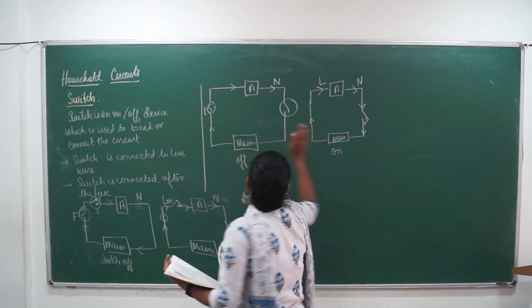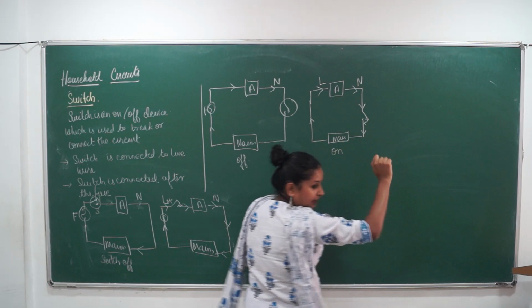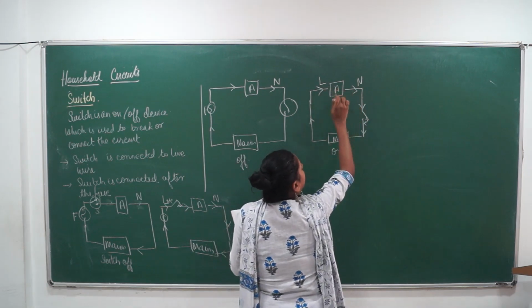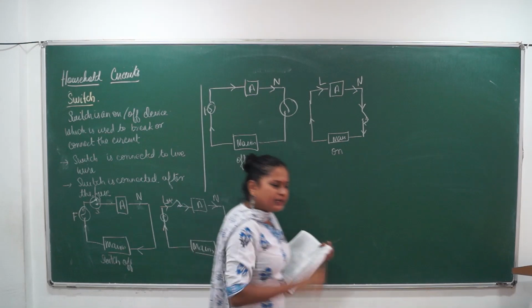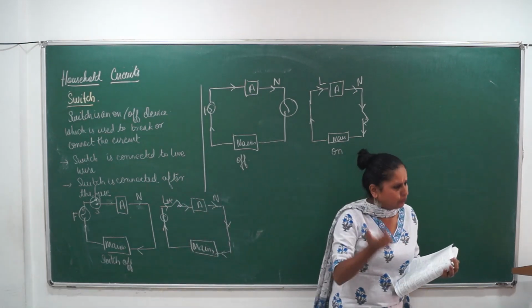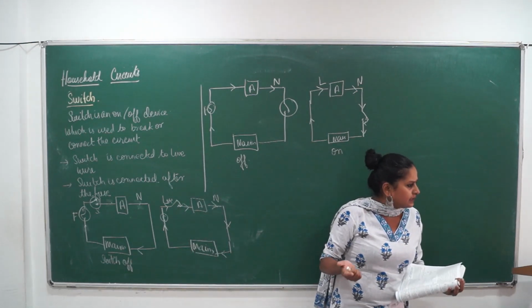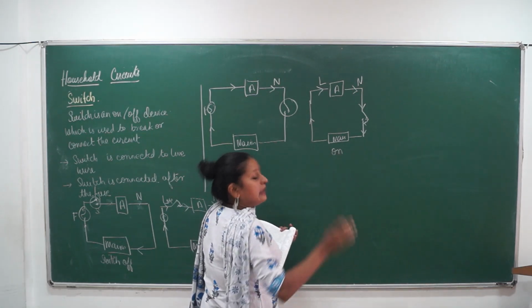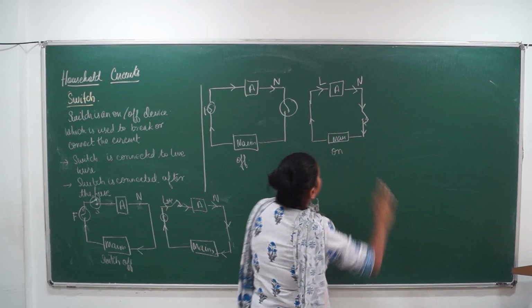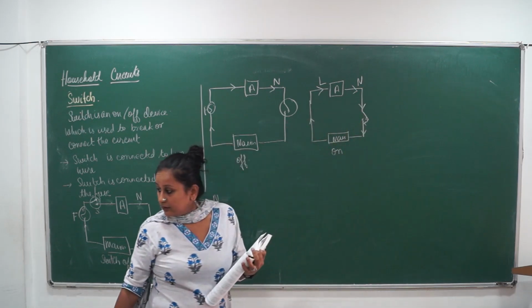So what happens now? If the line is faulty, I will realize it through the appliance, because the appliance will stop working, make a sound, get heated, lot of those characteristics. But fuse we are just talking about. That's why I have not drawn the fuse over here.